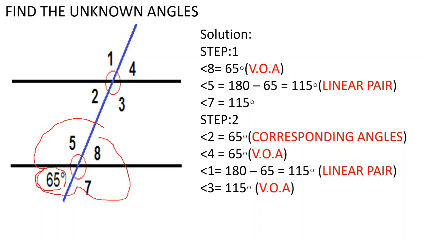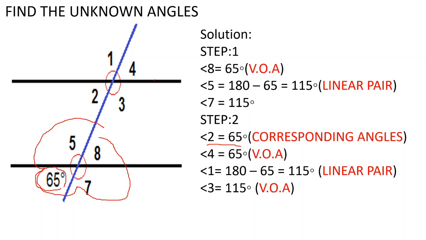So it is very easy to find the remaining angles over here by applying the properties of parallel lines. So you know this is 65 degrees, this is the angle below the line. So you know what is the angle below the line over here? 2. So angle below the line, you call it as corresponding angle. So angle 2 will be equal to 65 degrees, which is nothing but corresponding angle. Once one corresponding angle is found out, it is very easy, just like over here we can find the other angles over here.